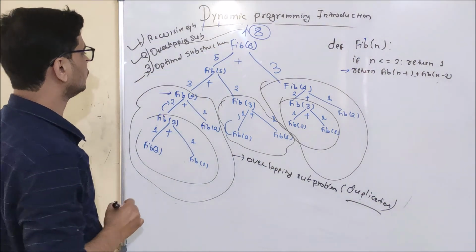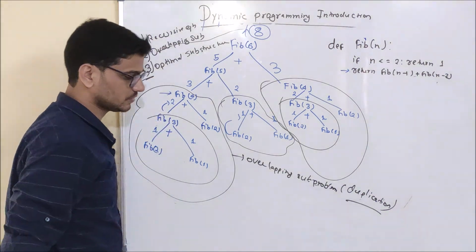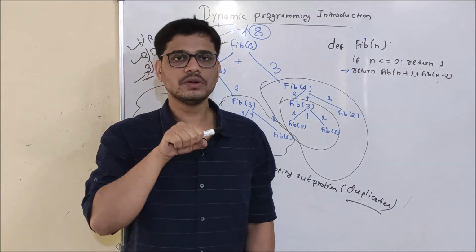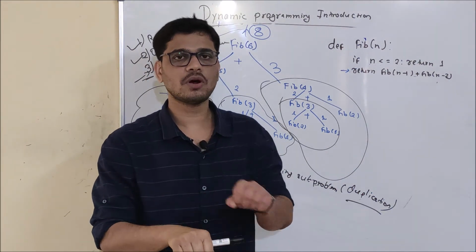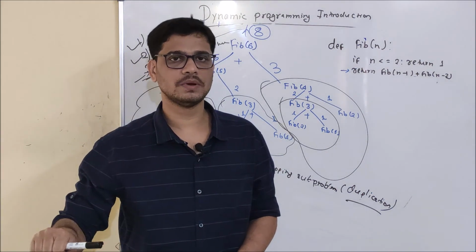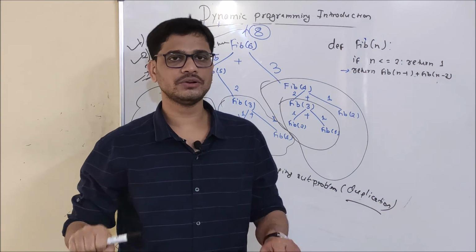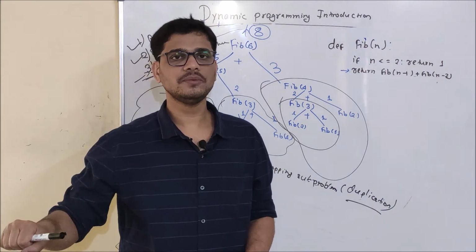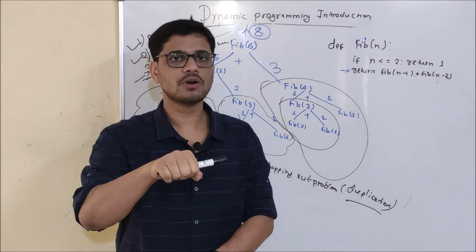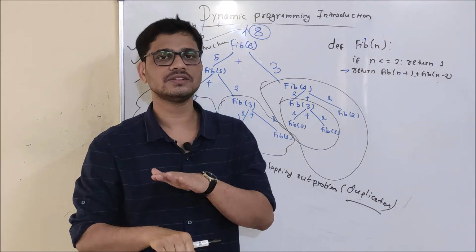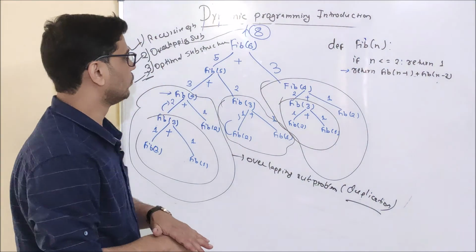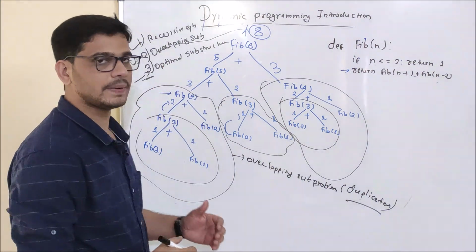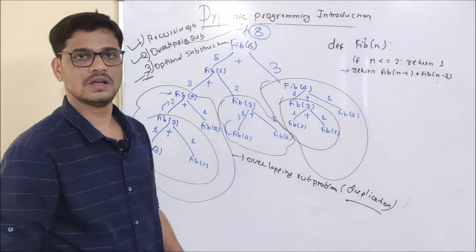Now what are we going to do? We will see what optimal substructure is. Basically, optimal substructure means that we are going to break a bigger problem into multiple sub-problems. And eventually we are going to combine the answers of these sub-problems and the main problem will reach its answer. And one more thing, these smaller sub-problems will have an optimal solution in themselves.